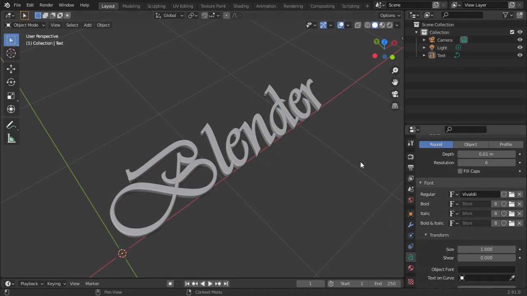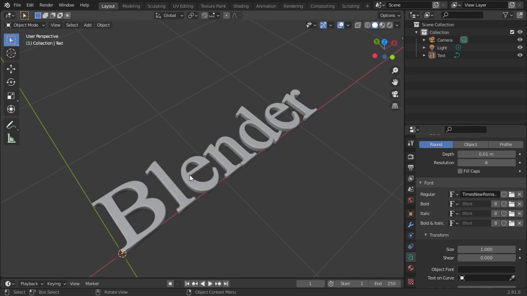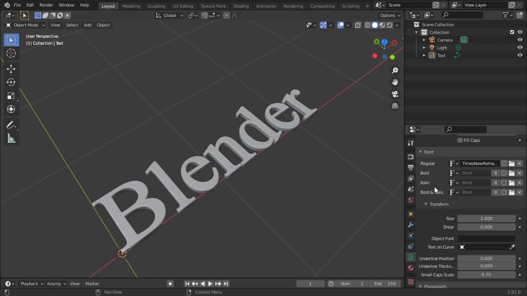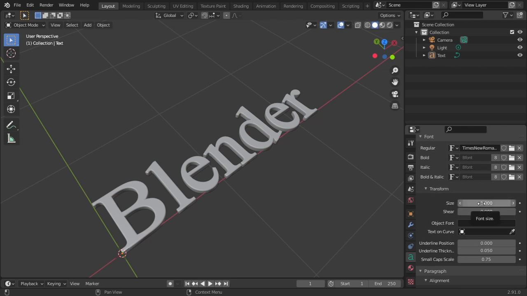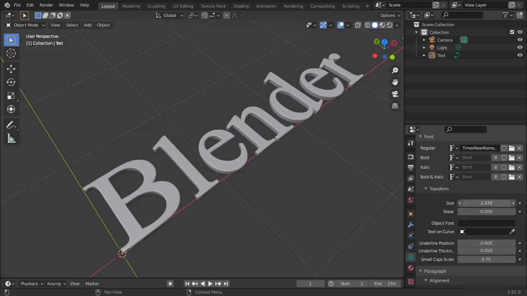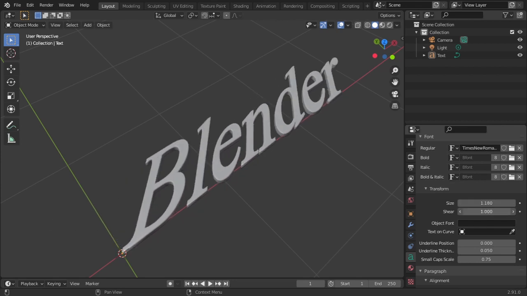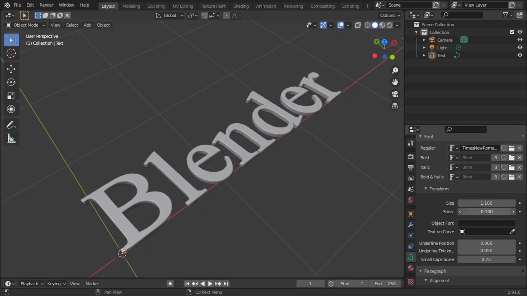And we can change the font from here. We can take another font like Times, another font, and we have different options for the font. We can change the transform size of this text, shear of this text, how italic you want the text to be.